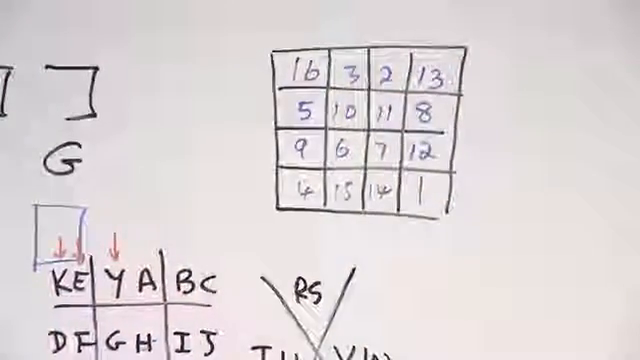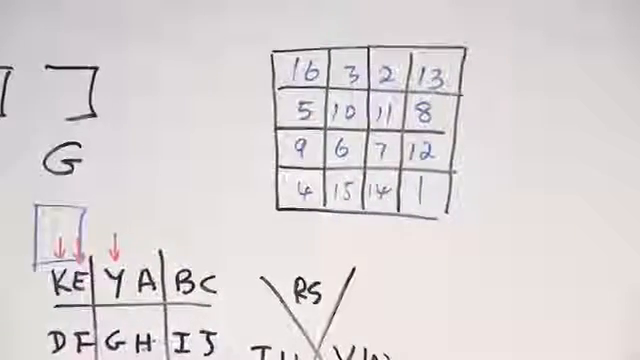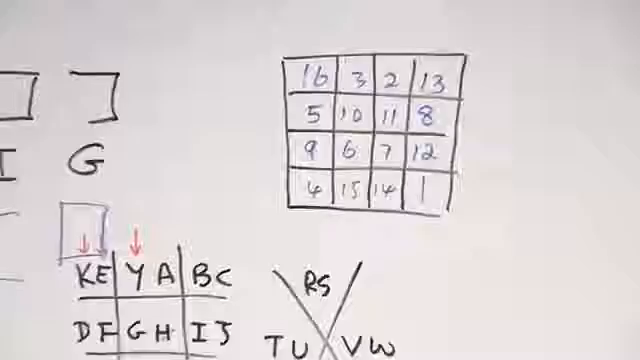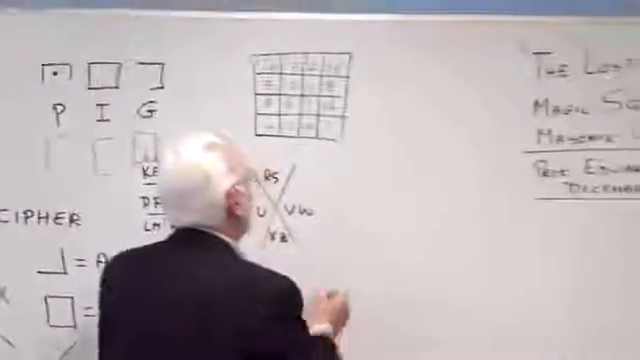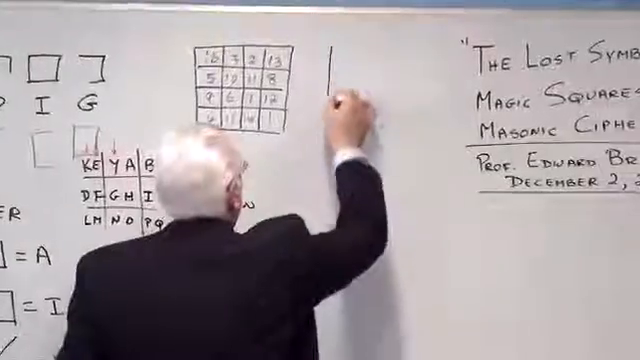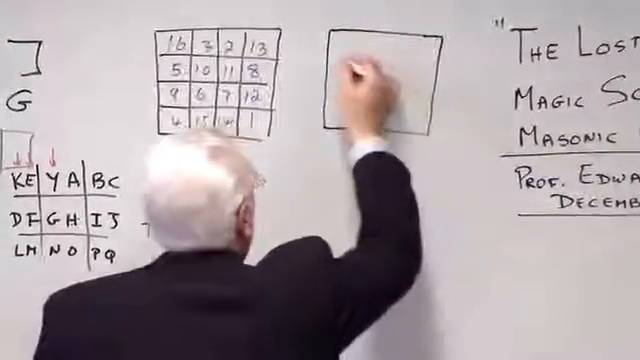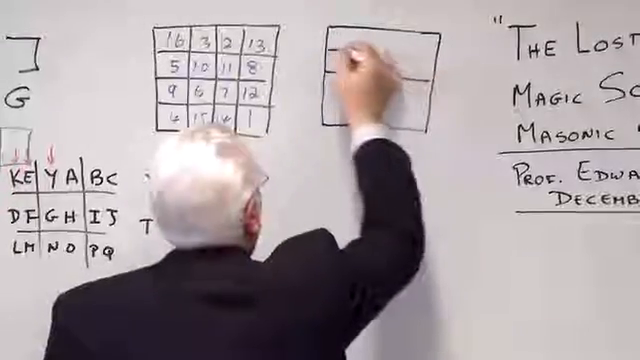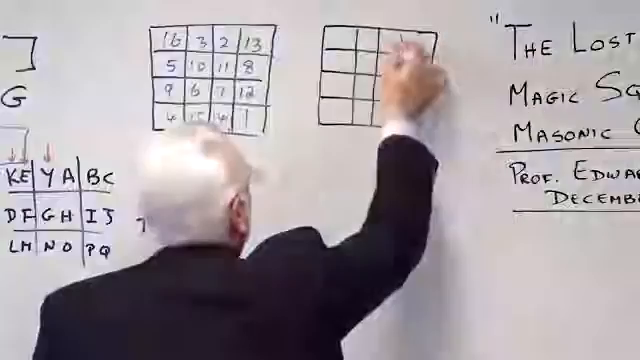Okay, now let me show you at this point how to make this 4x4 magic square according to Durer's directions. Okay? And Durer said that for a 4x4 magic square, all you have to do, and this is guaranteed that it comes out every time,